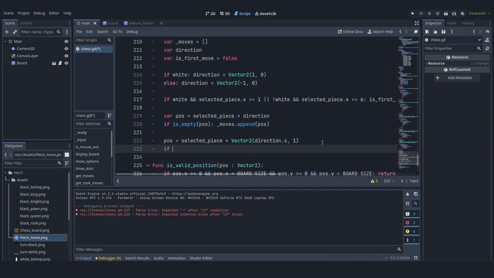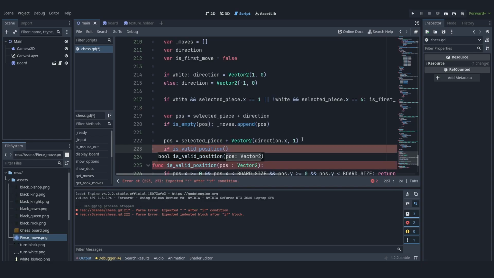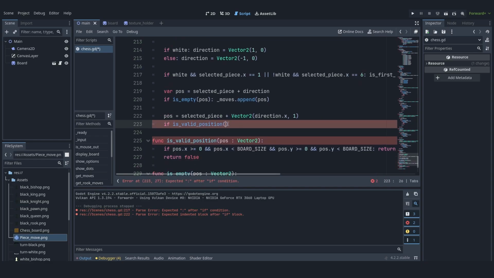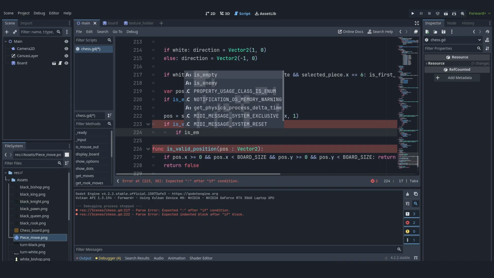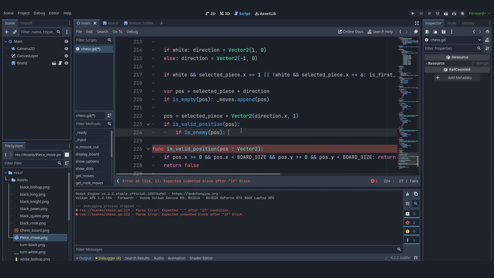Now here we check is valid position because we are moving to the side, so we need to check if it's not out of the board, and if it is a valid position we check if is enemy. And now if it is an enemy we basically just moves dot append,